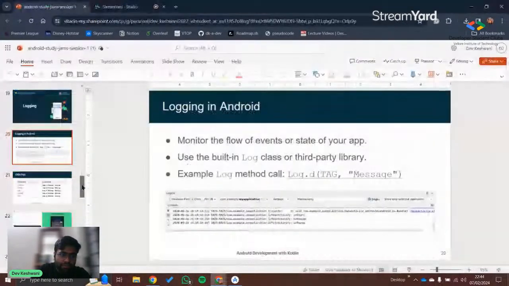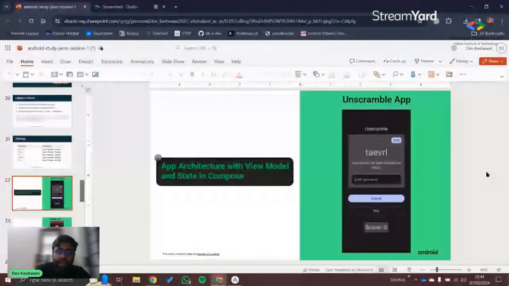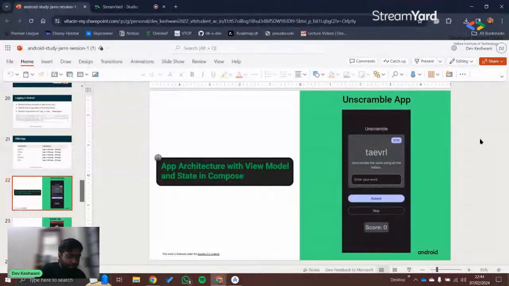Now we'll move on to another app, which is an Unscramble app. Using this app, we'll see the architecture, what a ViewModel is, and also state in Compose. To show you how the app looks when we build it, I will try to share my